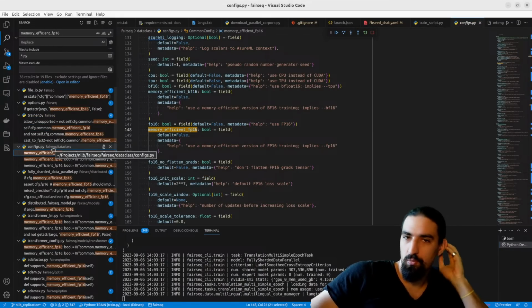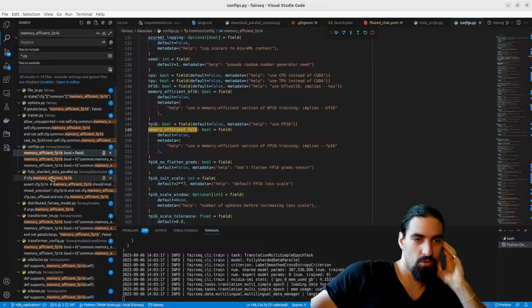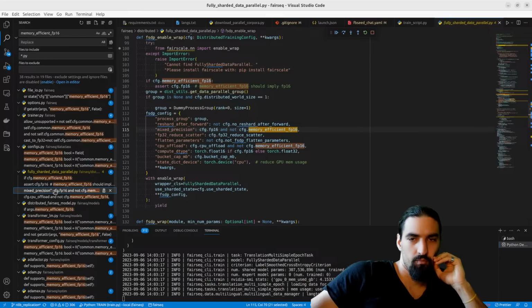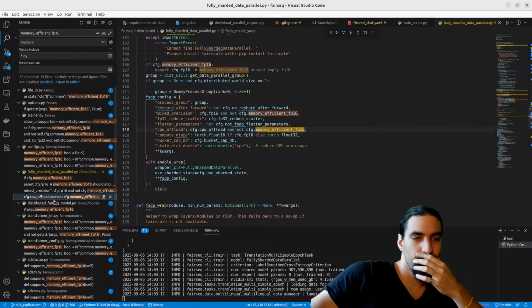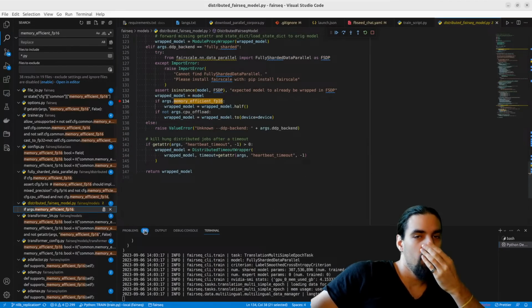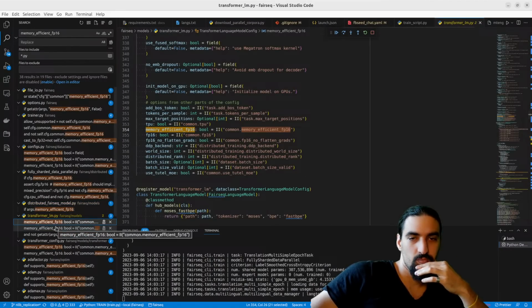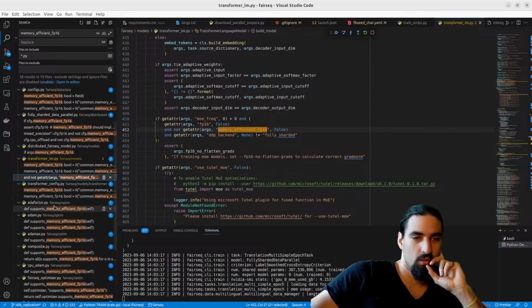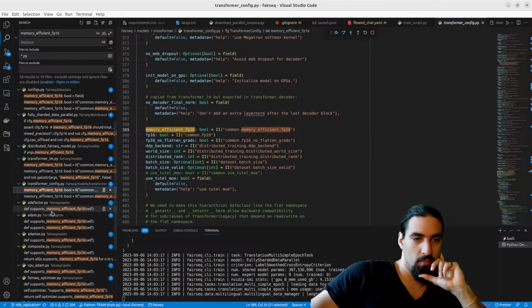Use a memory efficient version of FP16 training implies that this is also used. Mixed precision, CPU offload. If memory efficient FP16, then we push to CPU. So then the question is, why not always use this? Why isn't everything just memory efficient always?